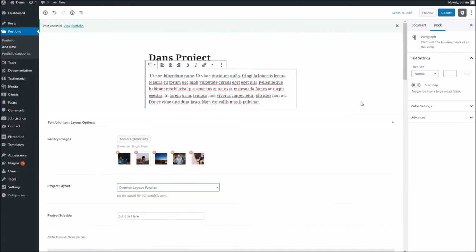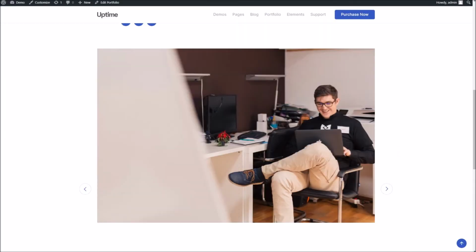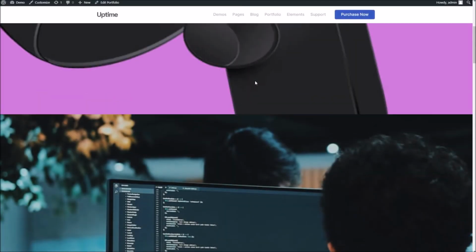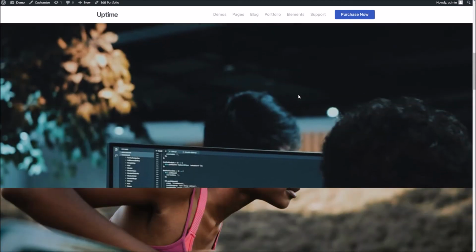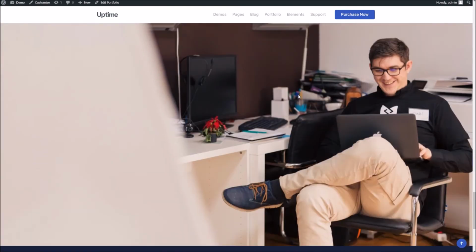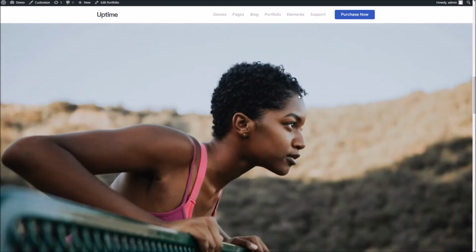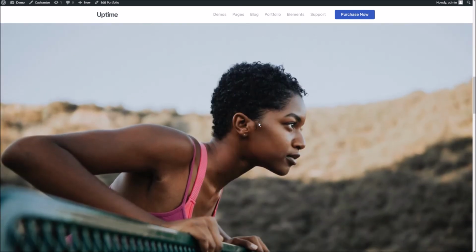And then finally we've got the parallax setting, which is pretty cool to be fair. So if we refresh again, you can see we've got the title with the featured image behind it, and then below each of our images like this. So if you wanted to add, for example, a bit of text above one of these,